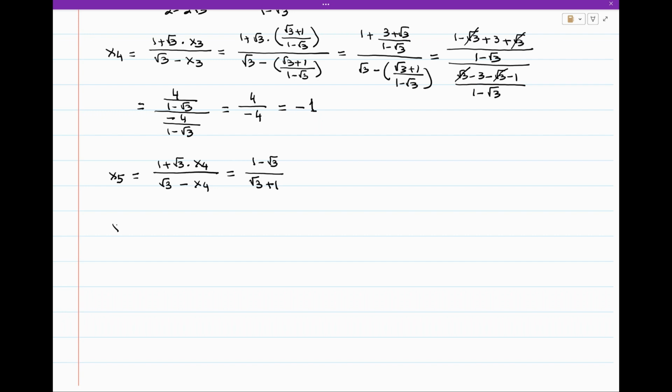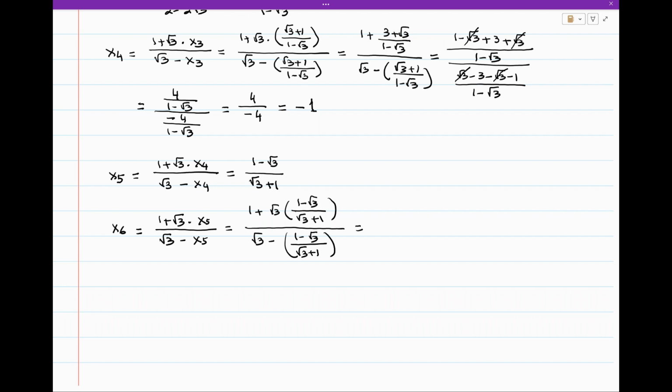The value of the sixth term will be 1 plus square root of 3 multiplied by x5, divided by square root of 3 minus x5, and that is equal to 1 plus square root of 3 multiplied by x5, which we just now found to be 1 minus root 3 divided by square root of 3 plus 1, whole divided by square root of 3 minus x5, that is 1 minus square root of 3 divided by square root of 3 plus 1,